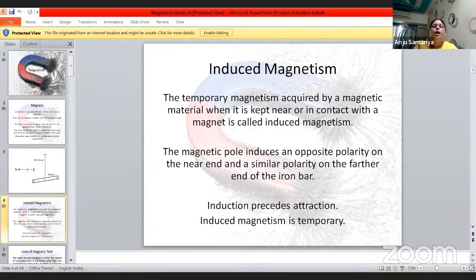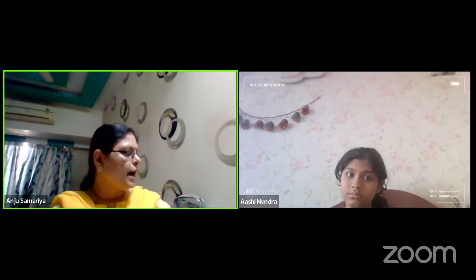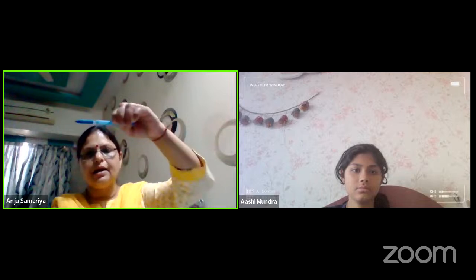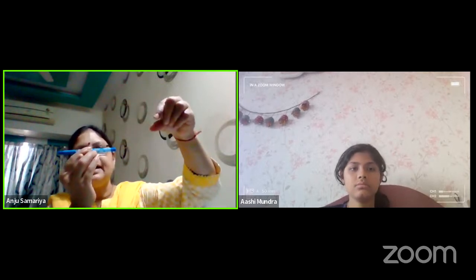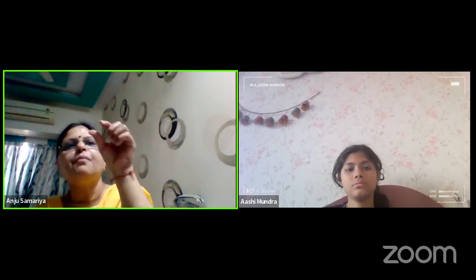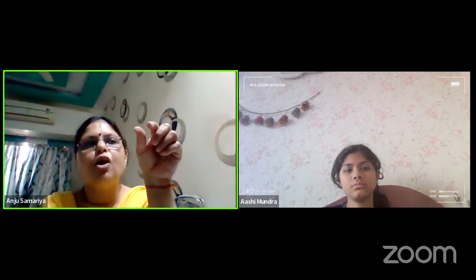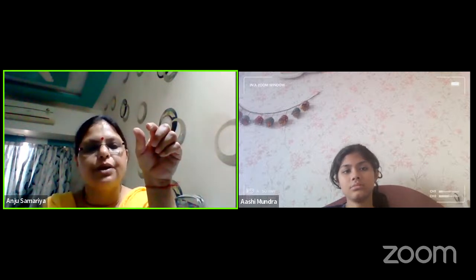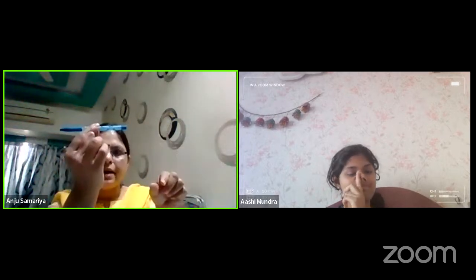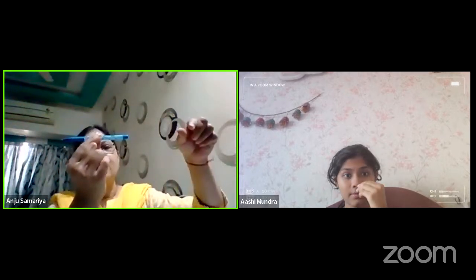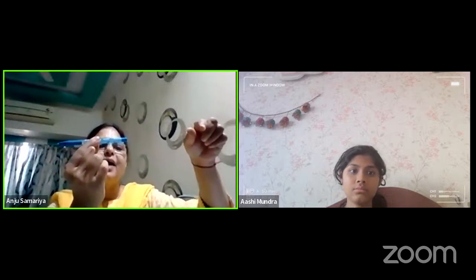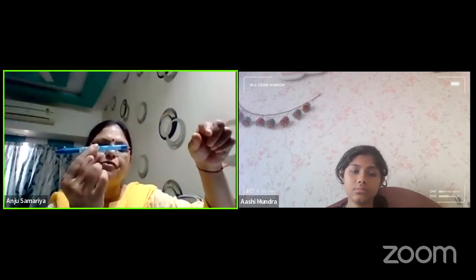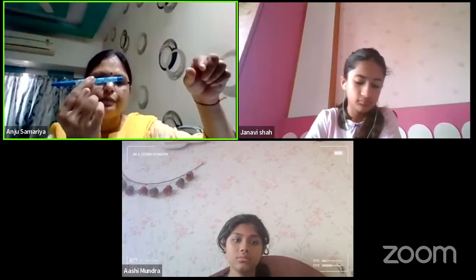So now what is the magnetic space or magnetic field? If you place a magnet here and bring a magnetic compass, the magnetic compass will always point in the north south direction, okay? But when you bring a magnet near it, this magnetic compass will point in a direction different from the geographic north and south.